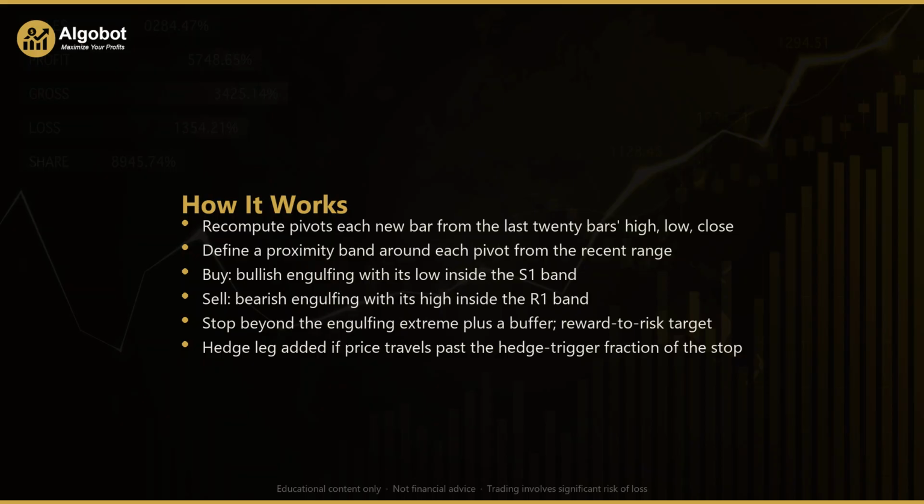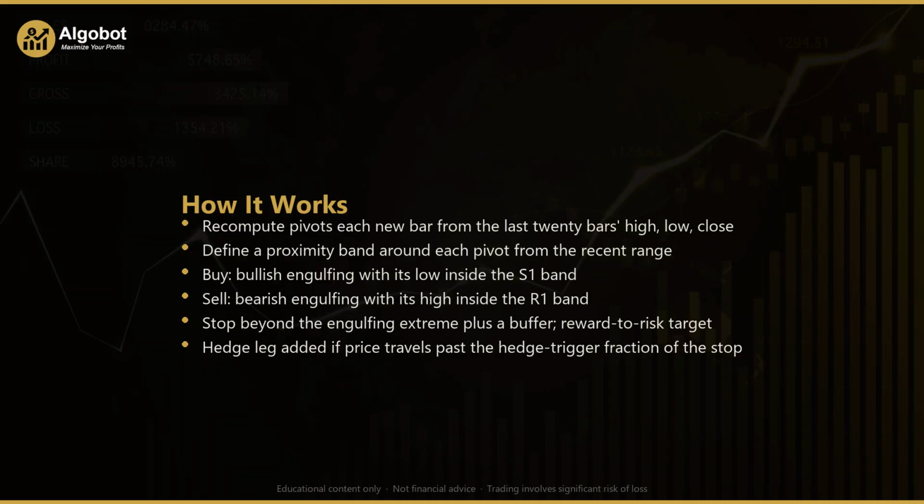For a short, it mirrors everything. It needs a bearish engulfing candle whose high has pushed into the R1 resistance band. It then sells at the bid, places the stop above the signal candle's high plus the buffer, and sets the take profit below the entry by the same reward-to-risk multiple. Only one trade cycle runs at a time, so it looks for a new entry only while it is completely flat. Finally, the hedge. On every tick, if a primary trade is open and no hedge exists yet, the strategy